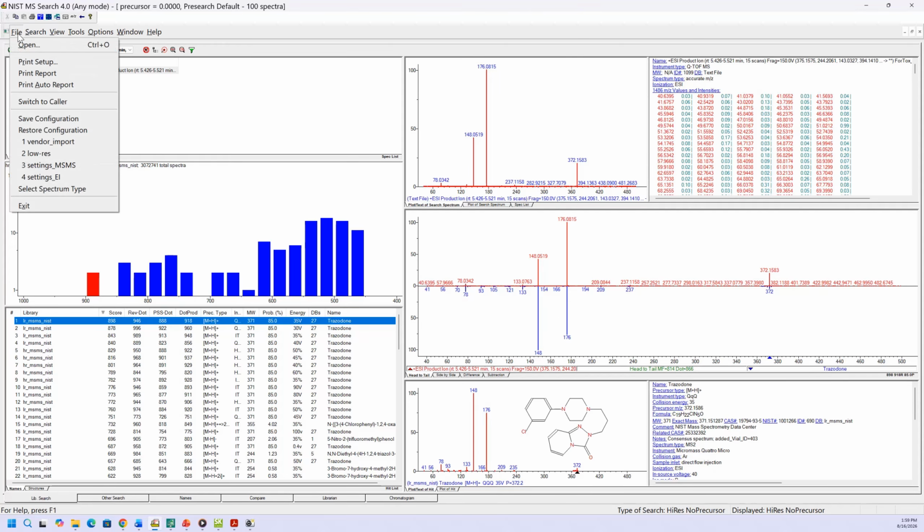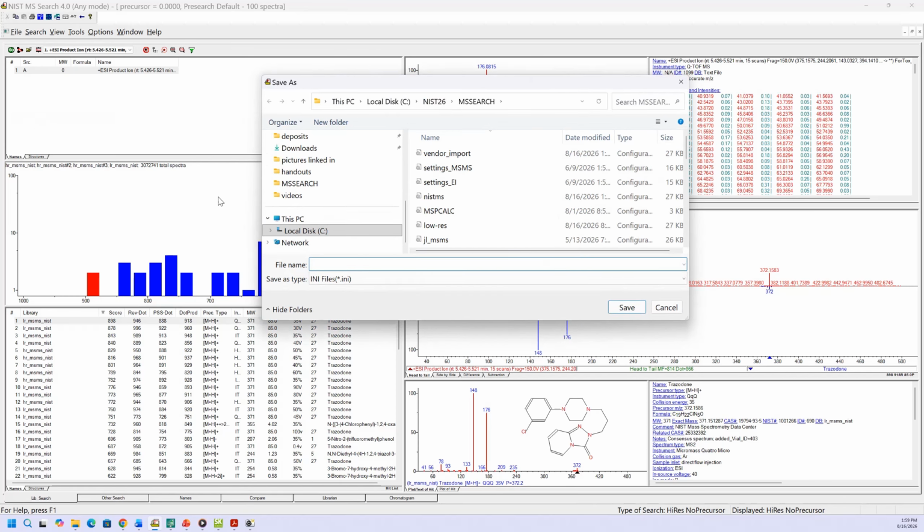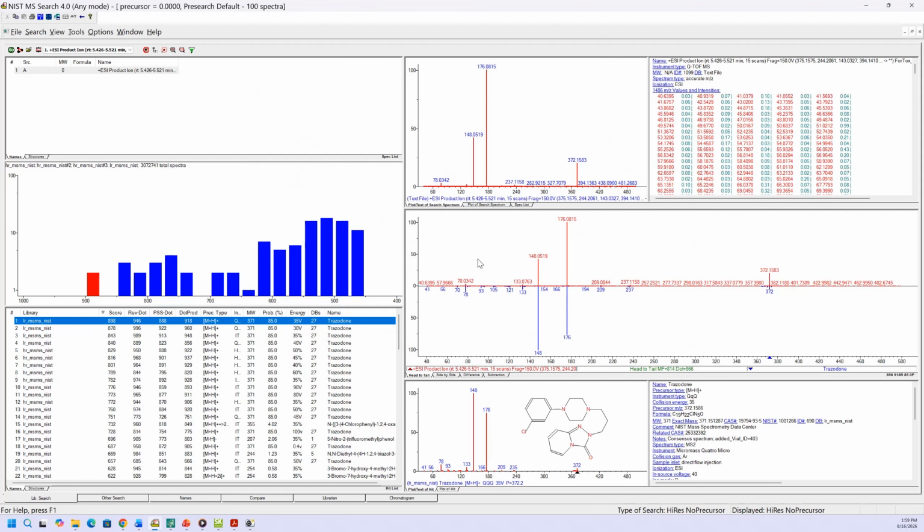So I think that looks like everything we need. I always like to save my configuration after I get it like I want it. And this saves over the whole program, even the chromatogram tab. So we'll say save configuration. I'd saved this before as vendor import, so I'll just overwrite that. Yes, overwrite it. And now we know we have everything right. And we'll do the search again. It did it automatically, but let's do it again to make sure we got all the parameters we want,